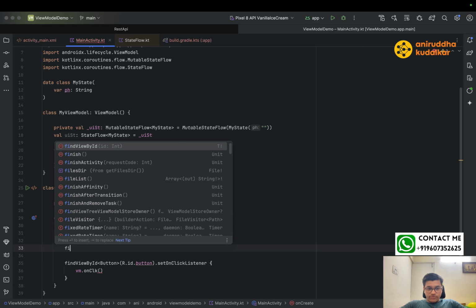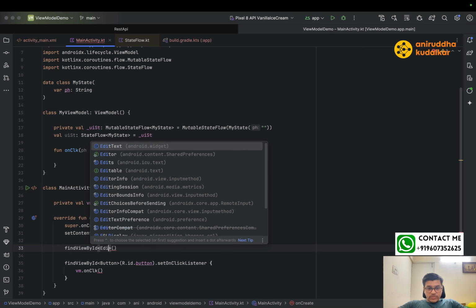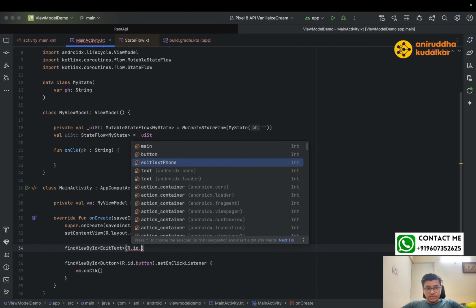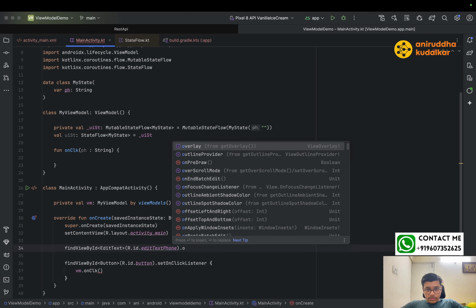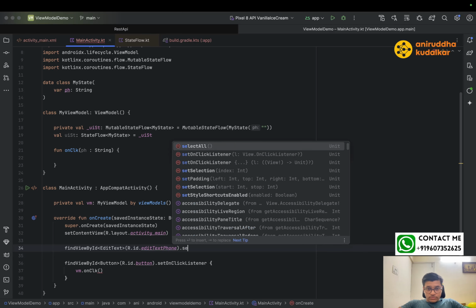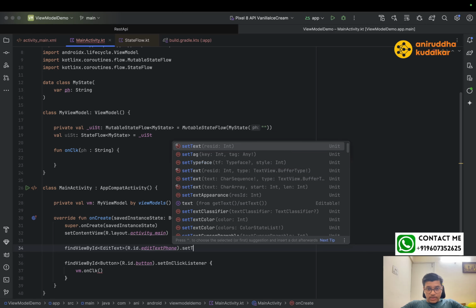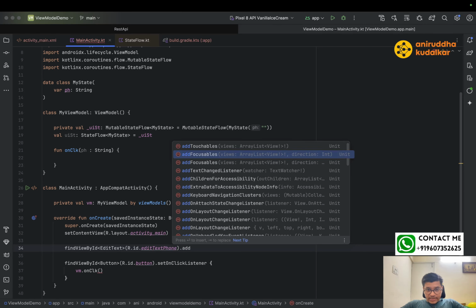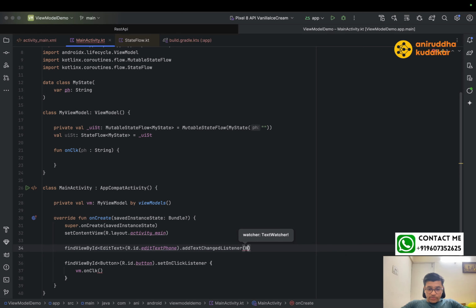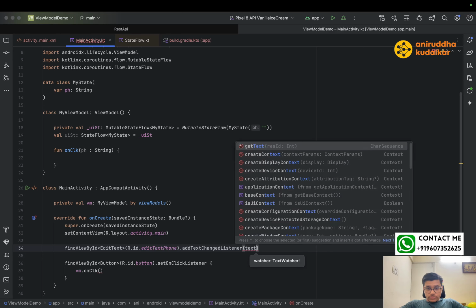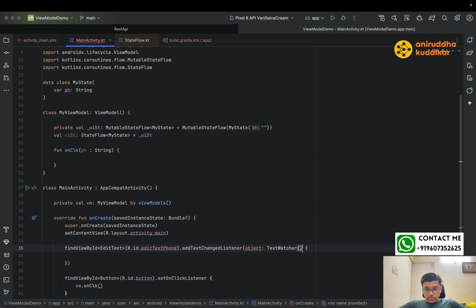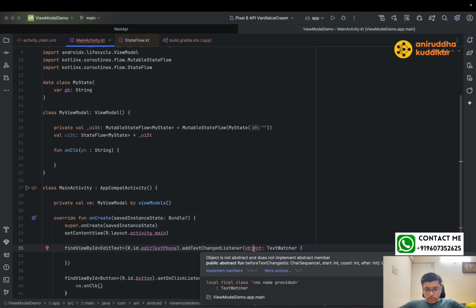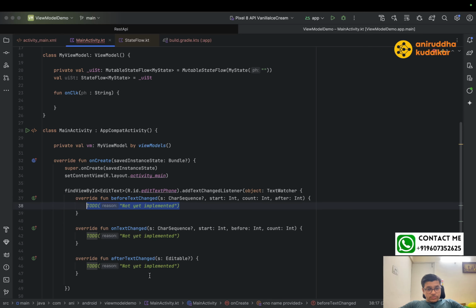edit text. So findViewById, EditText, R.id.textPhone, dot. So here we can say setAddTextChangedListener, and we need to have the watcher. TextWatcher, object of TextWatcher, implement the members. So we have